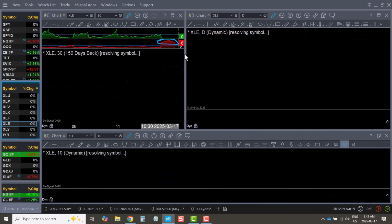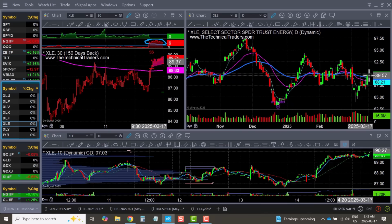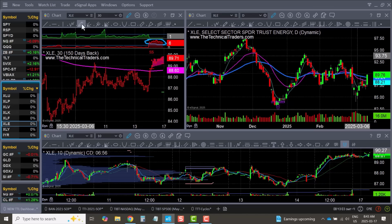Let's take a look at energy stocks out of curiosity. They're probably trading higher. They are trading slightly higher. They had some nice momentum there on Friday to the upside. Pretty much everything did. And we're seeing that pop and move. So it's holding its ground. But overall, when we look at